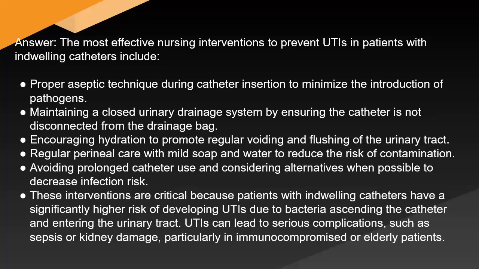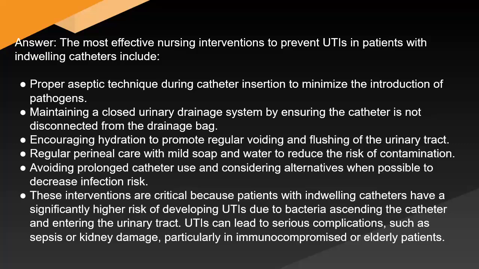Answer: the most effective nursing interventions to prevent UTIs in patients with indwelling catheters include proper aseptic technique during catheter insertion to minimize the introduction of pathogens, maintaining a closed urinary drainage system by ensuring the catheter is not disconnected from the drainage bag, encouraging hydration to promote regular voiding and flushing of the urinary tract, regular perineal care with mild soap and water to reduce the risk of contamination, avoiding prolonged catheter use and considering alternatives when possible